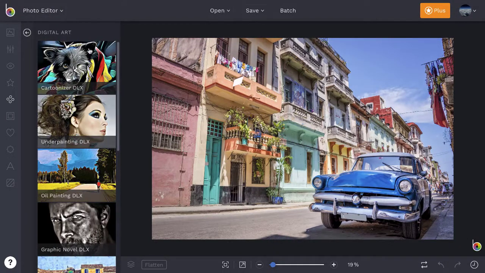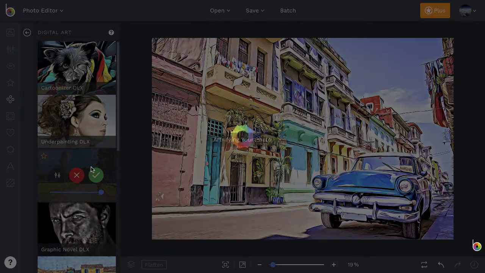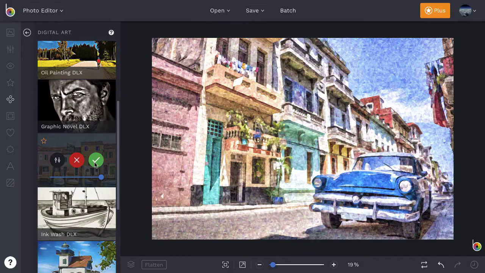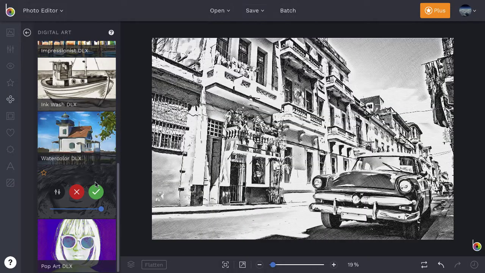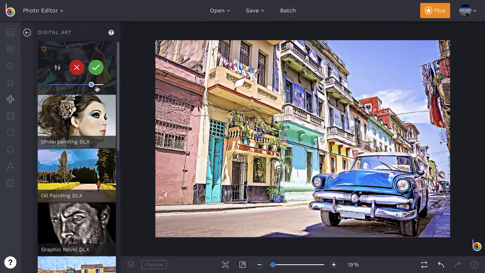Clicking on the Artsy effect thumbnails lets you preview your photos as cartoons, vibrant oil paintings, impressionist art, detailed sketches, and so much more. Notice that you can control the amount of the Artsy effect using the slider and apply